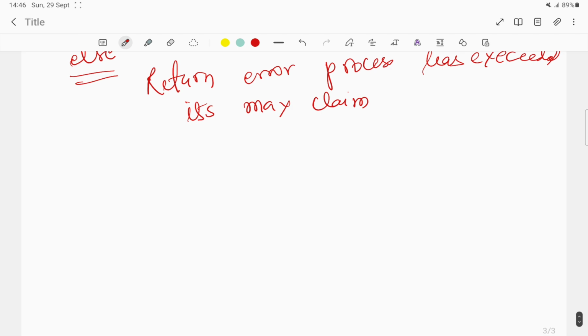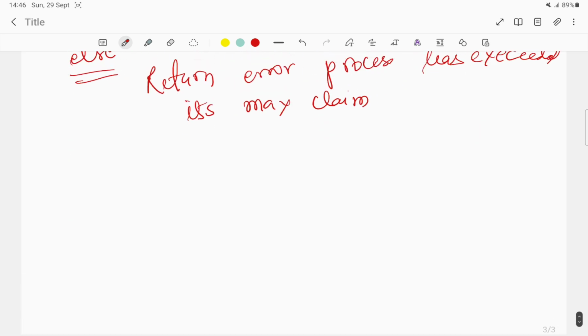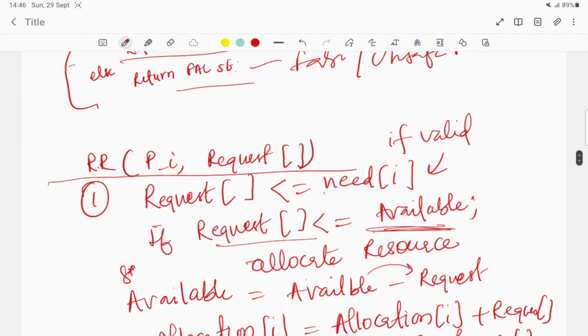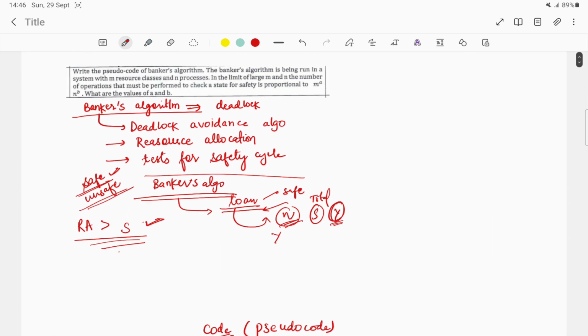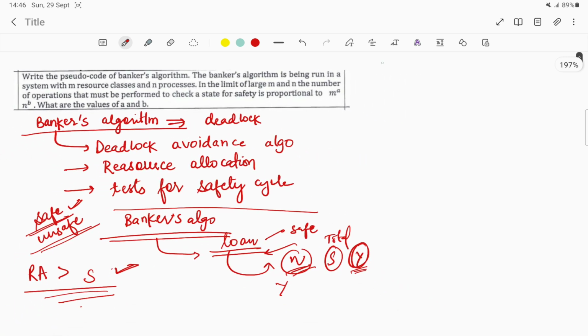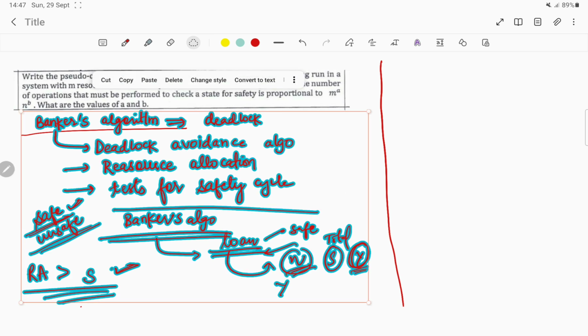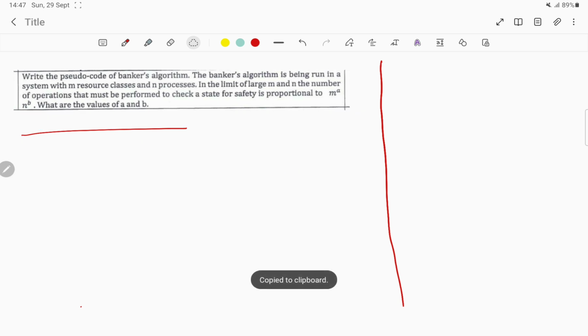After the request, if any request leads to an unsafe state, the request is denied, okay. So now I am going to discuss this question. This is a pseudocode, and in this question I am solving here only. Otherwise I am going to cut it here, okay. In this question, the Banker's algorithm is being run in